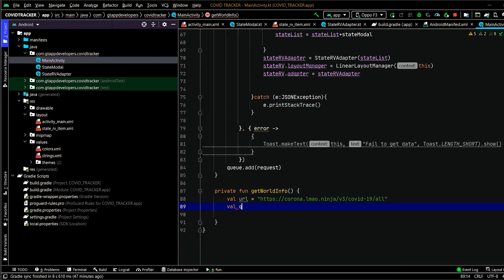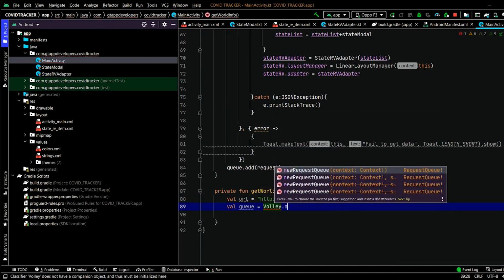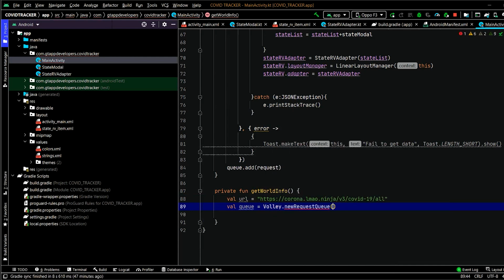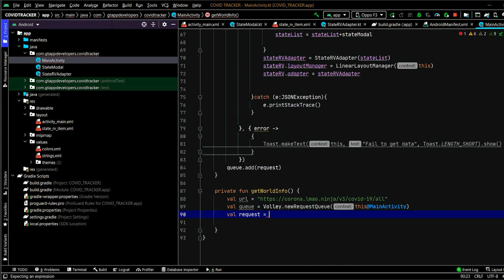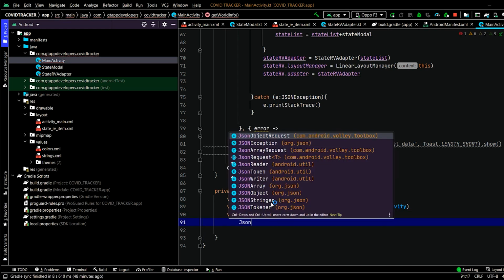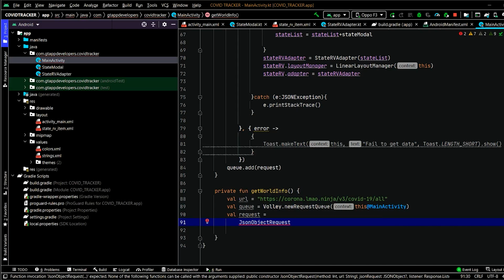After that, we will similarly create a variable that is q equal to Volley. Now we will create a request for this one as well. This one is also a JSON object request.